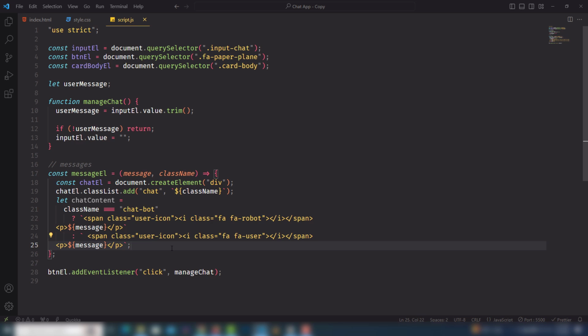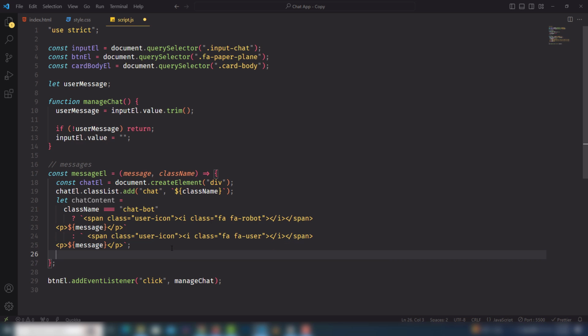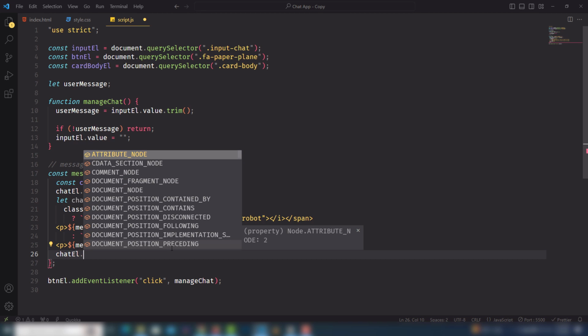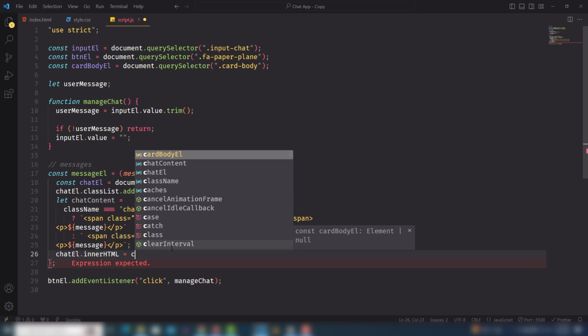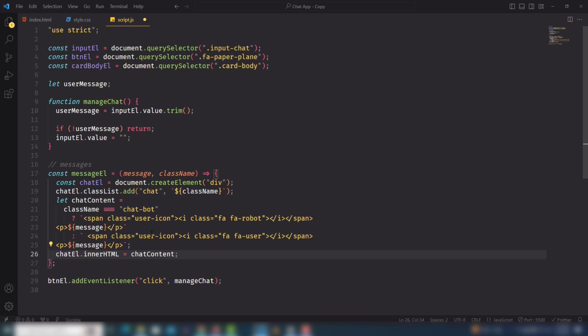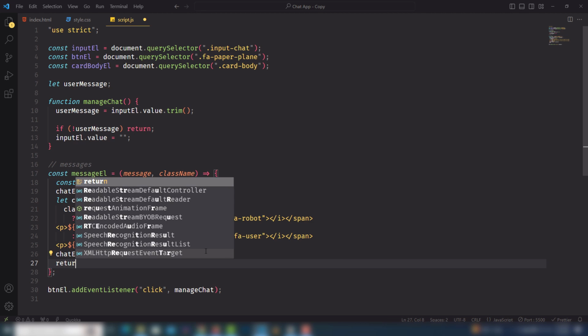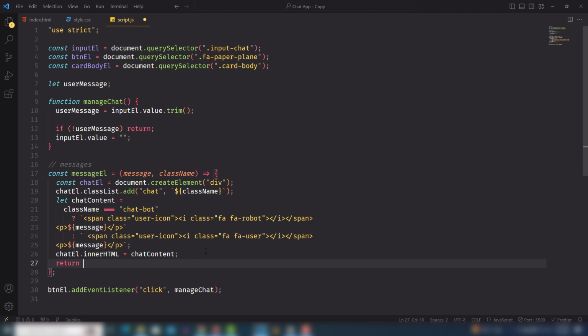So next you need to target your chat element and use inner HTML and assign the chat content variable like this one. The data appears inside the chat element, so we need to use the return keyword, chat element. When you call that function, it will give us the chat element. The chat element has this complete code with the help of the if else statement. If we assign the class chatbot, then we will get the chatbot message. So let's try it